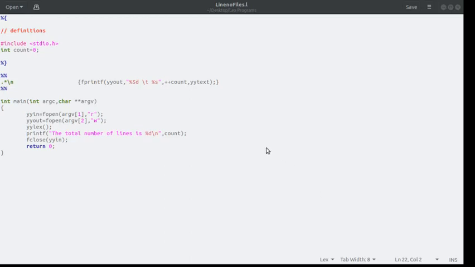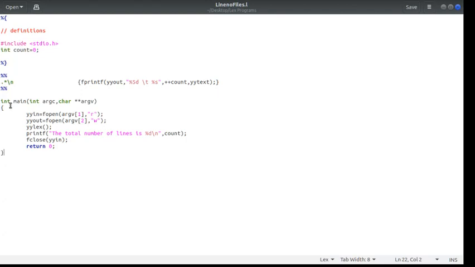Hello everyone. So in this video we are going to look at yet another LEX program, but now we are going to see how we can read from a file or write to a file. Normally when you are using a compiler, you are going to read the input from a file and not give it from the command line. So here we will see how we can use the facilities in LEX to open a file, read from a file, and also write to it.